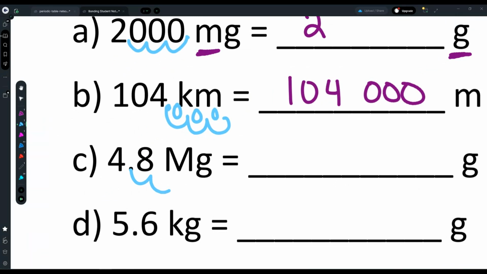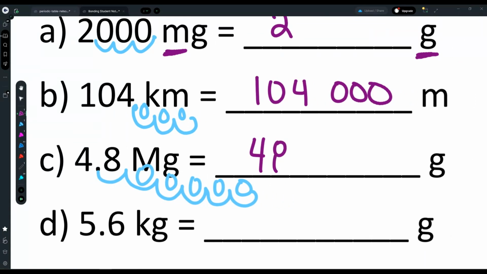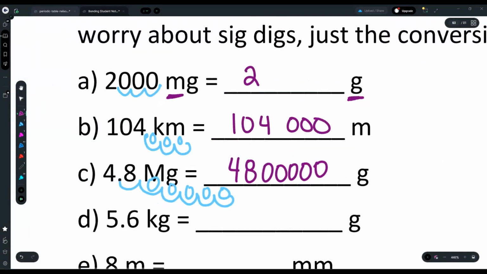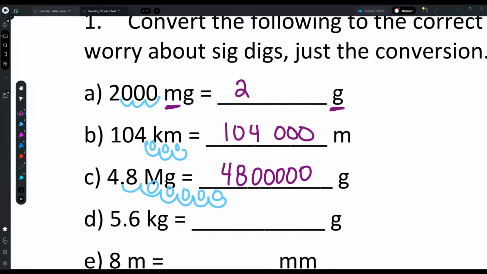Actually, hang on one second. 1, 2, 3, 4, 5, 6. So we have 48, and then what? That's 1, 2, 3, 4, 5 zeros after it. So that's going to be 4,800,000